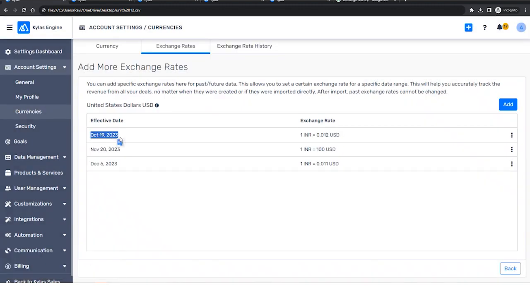So from October 19 to November 20, it will be 0.012. From November 20 to December, it will be 0. Sorry, it's actually a hypothetical number, 100 USD. And from December onwards, it will be 0.01211 USD. So this way, you can add all your exchange rates for the current year, because